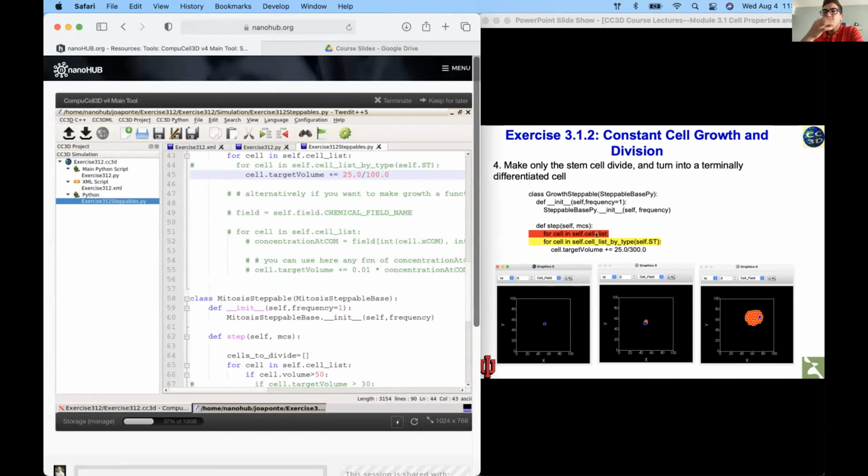Now, instead of having all of our cells grow and divide, I just want my stem cell type to grow and divide. And once they are in the terminally differentiated cell, I want them to not grow and not divide anymore. So again, there's multiple ways I could implement this, but the simplest way is to modify which cells I'm actually